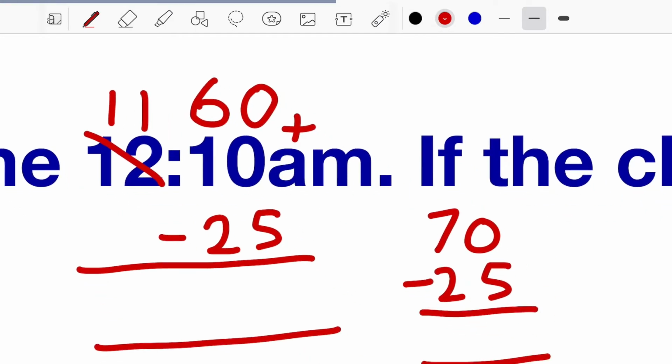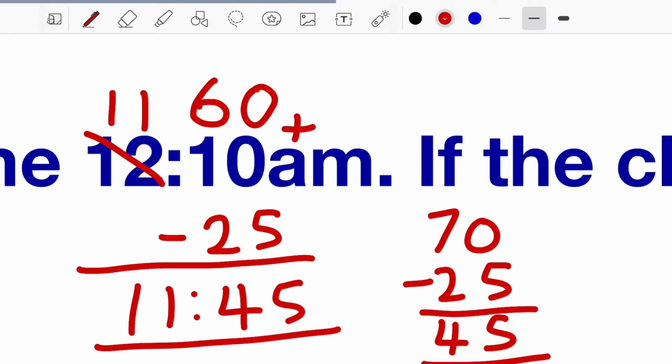That will be 45. So we have 45 here. And 11 minus 0 will give us 11. So it's 11:45, but remember, we are going back from AM, so it's now going back to night,